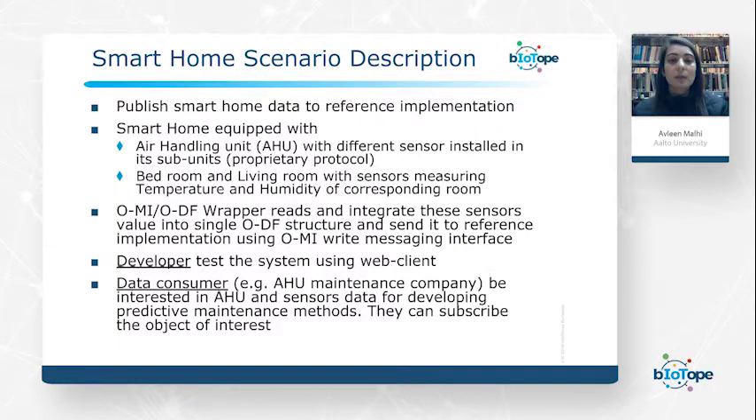In this use case scenario, the smart home publishes its data to the reference implementation. Here, the smart home is equipped with an air handling unit with different sensors installed in its subunits which have proprietary protocols. For instance, the bedroom and living room are equipped with sensors measuring temperature and humidity of the corresponding room. The OMI ODF wrapper reads and combines these sensor values into a single ODF structure and sends it to the reference implementation using